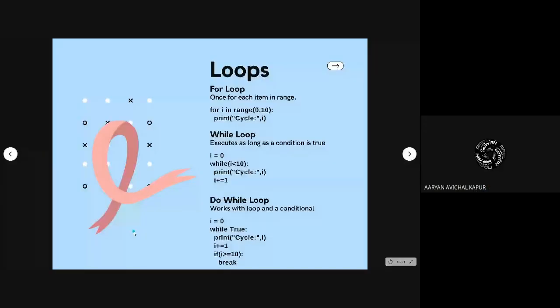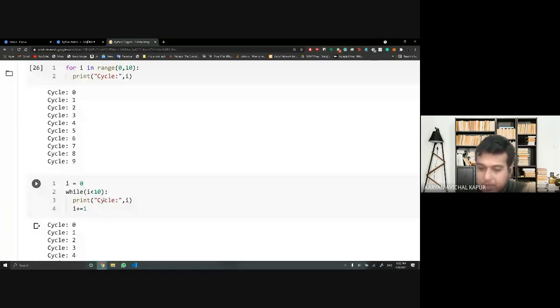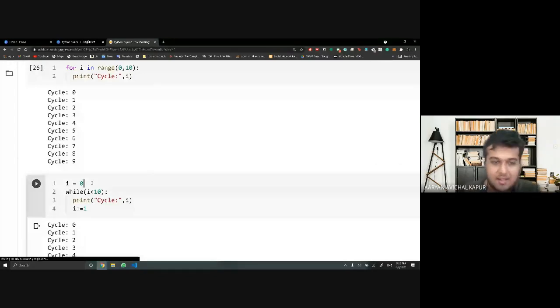So if I simply write while i is less than 10, now i less than 10 would give me a false or true if I normally print. So it will do the same thing. And if i is 0 here, while checks it, it's true, we go to the code, we do it, we add 1 to i. Then the next time i becomes 1,